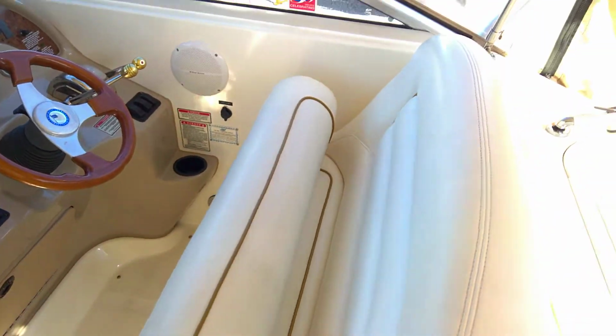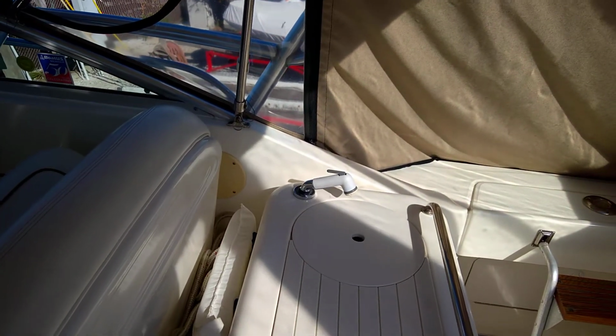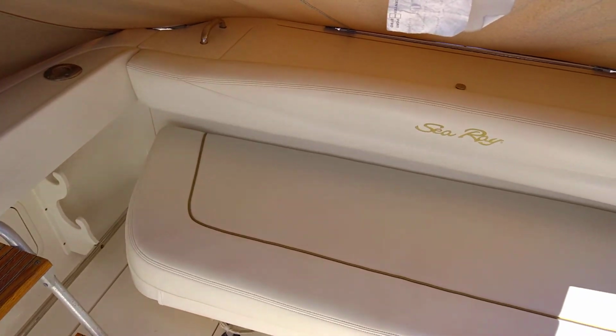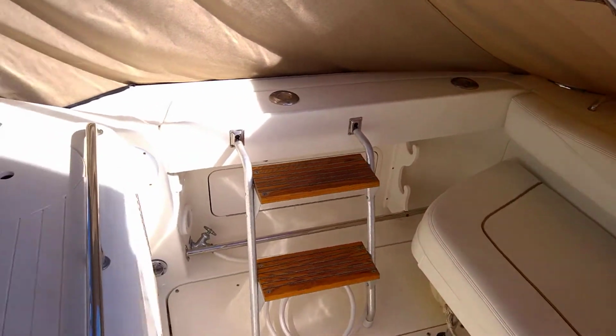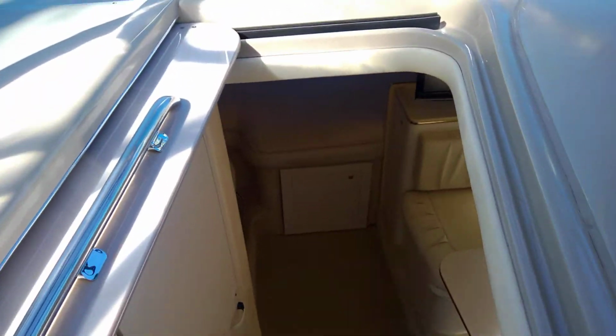Typical for Sea Ray, we have a nice flip-up, flip-down bolster. And of course, being an Amberjack, we have a bait prep sink and a live well. Now, a good idea of the condition of this boat is to look at the aft lounger, in great shape. Moving forward,